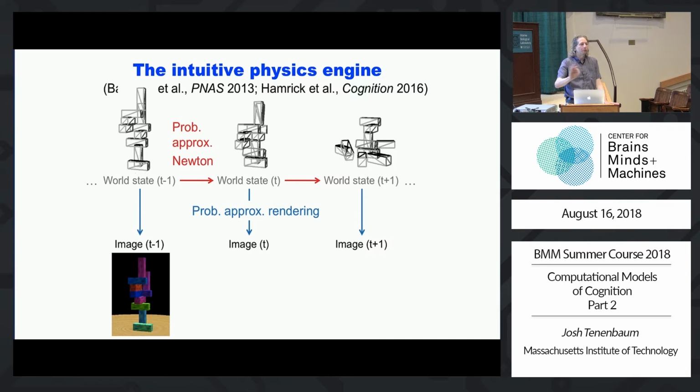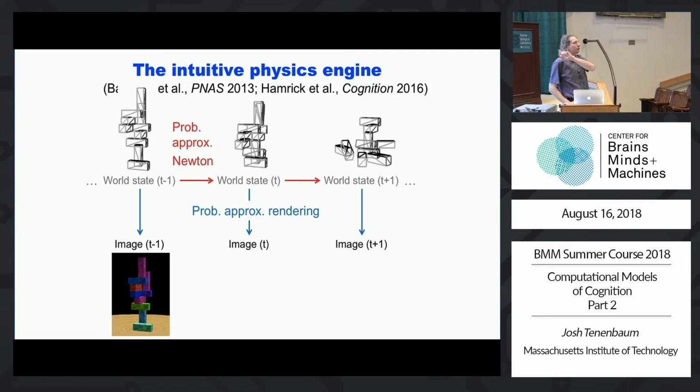Going forward with one of these simulators is much easier than going backwards, right? When I say, okay, we have a probabilistic program, it goes one direction, I want to now condition on the output and make an inference to the input, that's hard, okay? But going forward, that's always easy. And for that, I don't need any neural networks, I just need my simulator, right? So I just take my game engine and run physics forward. So it just simulates the effects of gravity, friction, collisions. And what I see if I run it on that guess of the world state for that image is, well, the blocks mostly fall over, okay?